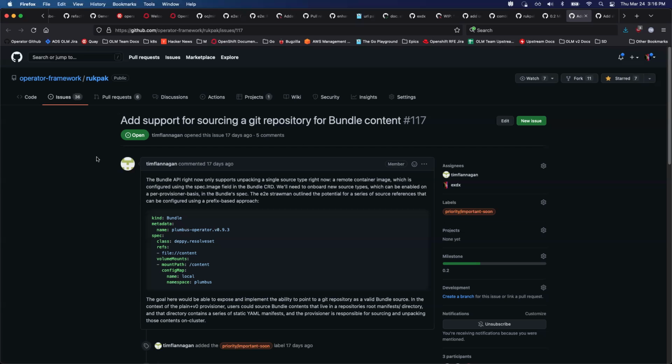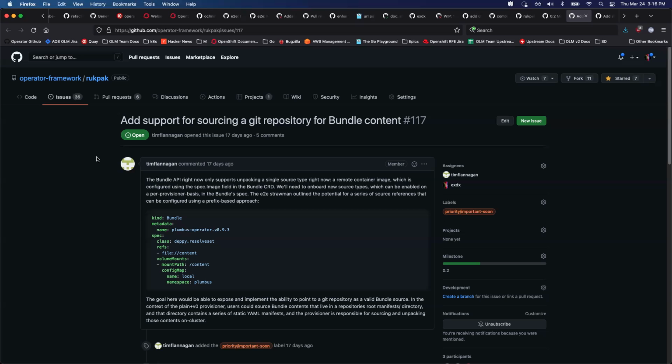Yeah, I think if we take a step back and think about how valuable a container image is, a scratch-based container image that simply wraps manifests, it was nice in terms of exposing and helping guide some of the provisioner implementation, but certainly expanding to different source types was the goal. And so that was more in line with this ticket's purpose, but